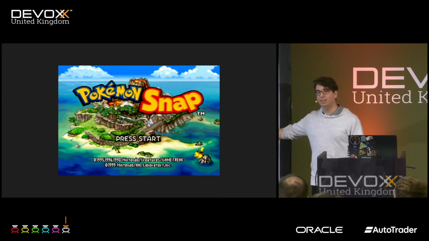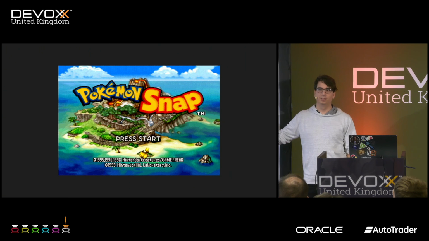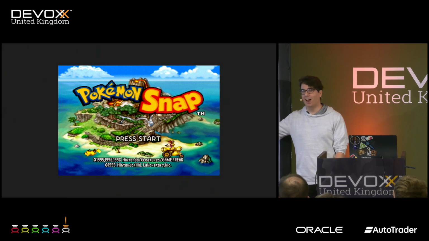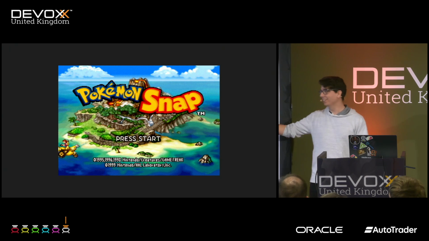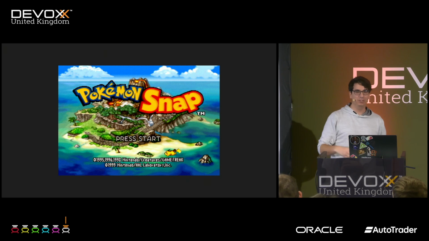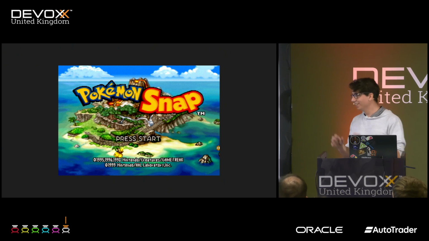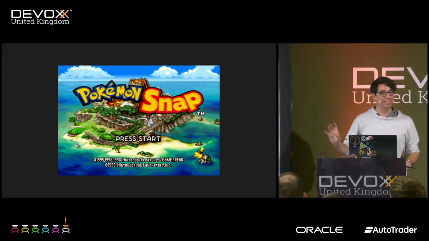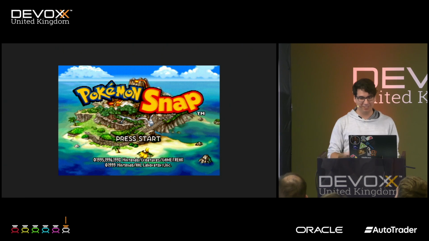Has anybody played this game, Pokemon Snap? I don't get it. I really don't get it. That game is so weird. You're just on rails and you're throwing apples at Pokemon and taking pictures of them. But it was really popular. A lot of people playing it. Even on the Switch, the new Switch release, a lot of people play it.